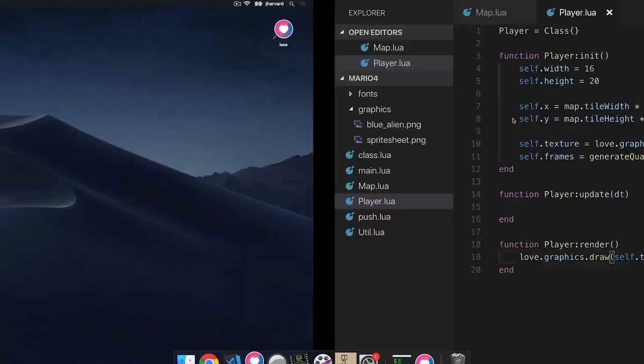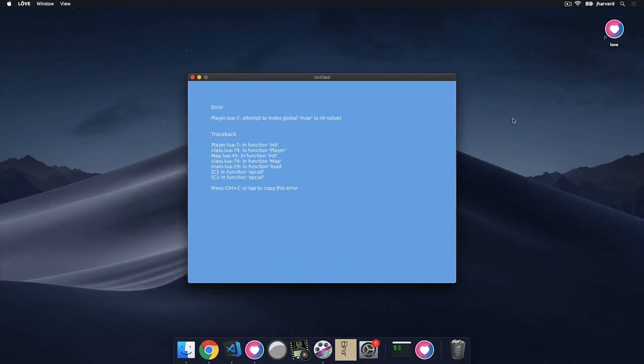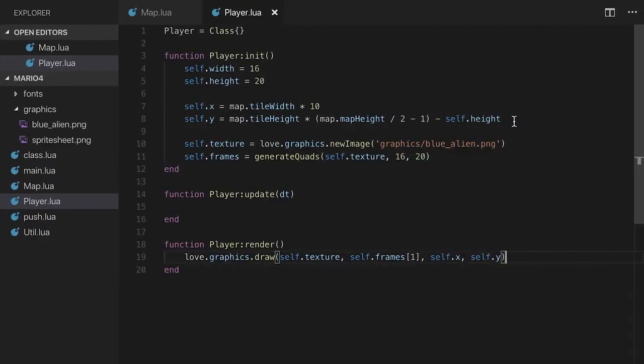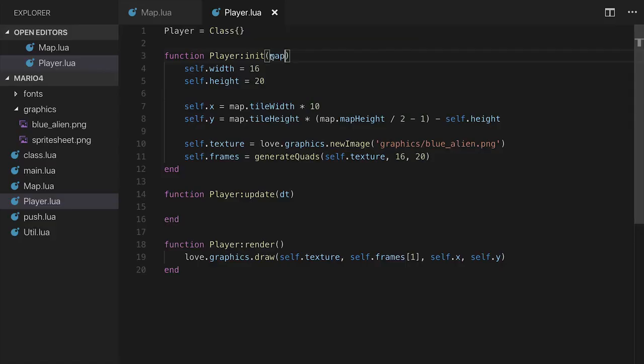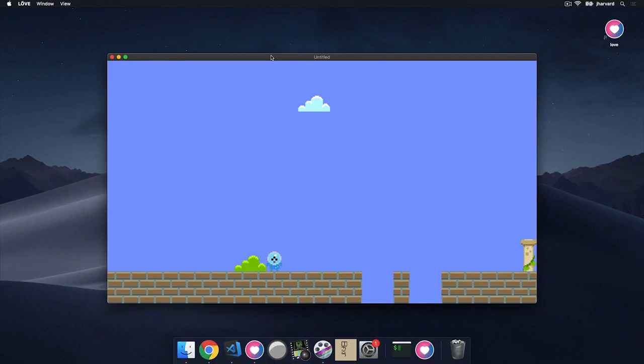Now if I run this, it looks like map is a nil value for player, so I'm going to go back over here, and I forgot to pass in map as an argument to player init, which is very important. Don't forget to do that. Remember, that's the self that we're passing in from the map when we instantiate the player in the map's constructor. I'm going to run this again, and we do indeed see we have our alien drawn there